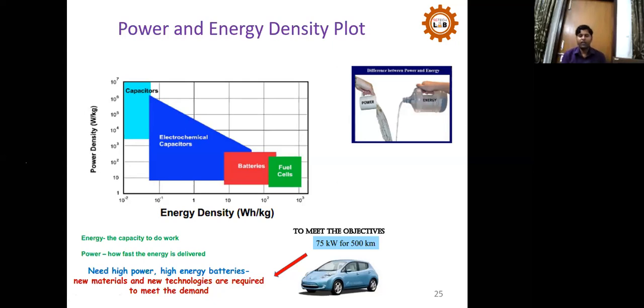You can see this for driving a vehicle also. If you want to drive a vehicle at higher speed, that means you need more power, and more current will be drawn. So if you want to run a vehicle at a higher speed, you need something which can supply more power, more current. But if you want to charge a vehicle one time and use it for a long time, maybe 5 hours a day for a long distance, like here you can see 500 kilometers or even 1000 kilometers, then you will choose the technology which can provide more energy.